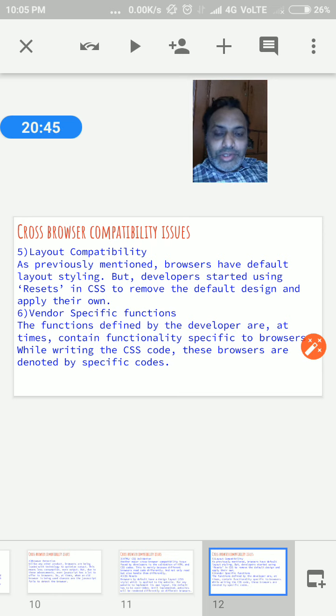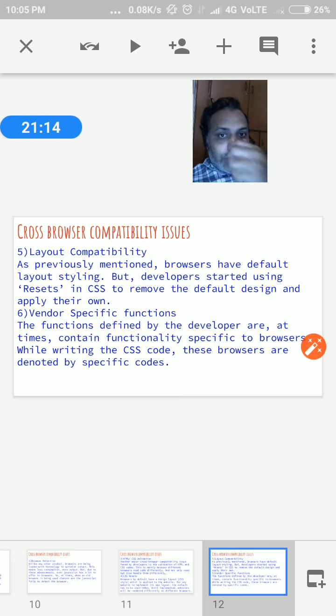Instead of that, we have one approach called responsive design, and we can overcome this problem using responsive. Actually, the problem is that different devices have different compatibility issues. So that is one issue in cross browser compatibility.